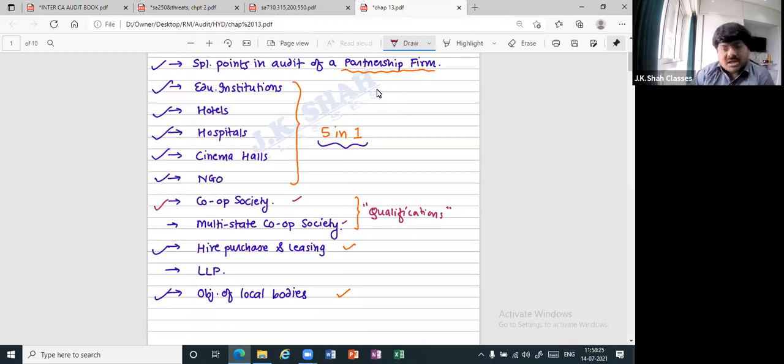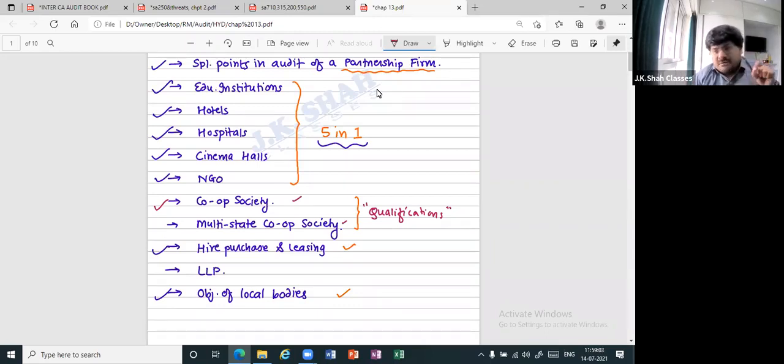But it is not only a chartered accountant. That is the important part. Here, the qualification of an auditor of a cooperative society is not limited to a person being a chartered accountant. You can have other qualifications also. Example, having a diploma in cooperative accounts or worked in the government in the cooperative department. If you are holding a diploma in cooperative accounts, then also you are qualified to do audit of a cooperative society. Or if you have worked in the government in a cooperative department, then also you are qualified to do audit of a cooperative society.